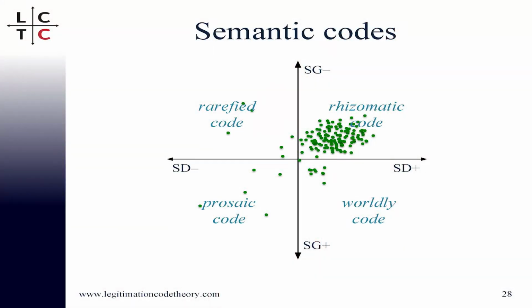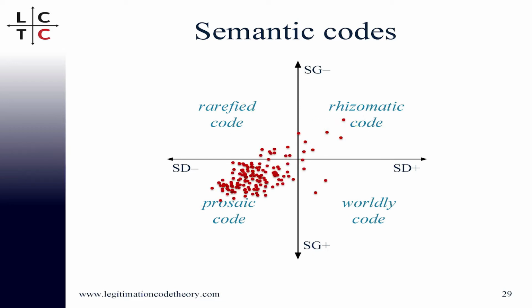And semantics tries to release us from these false dichotomies so we can start to see more. I've mentioned four codes, and I was criticizing boxes earlier on, but it's not about boxes. We could analyze every instance of words on a page, or chapters in a book, or books in a discipline, or interactions in a classroom. We can map each one of these on the plane and then come up with a sort of scatter graph